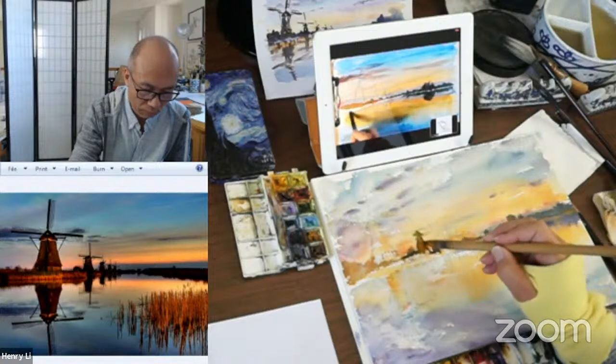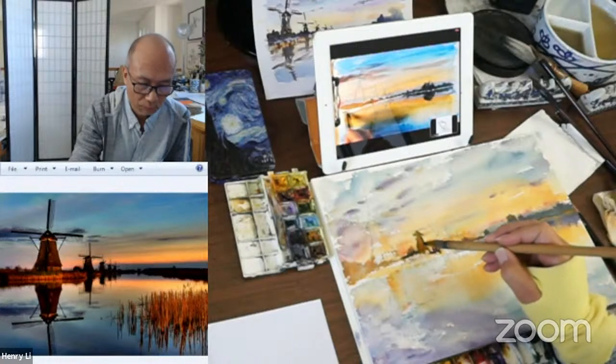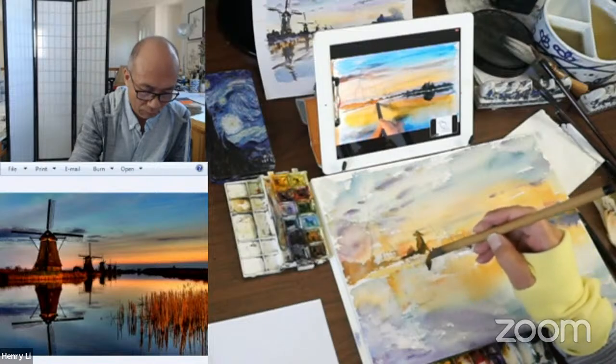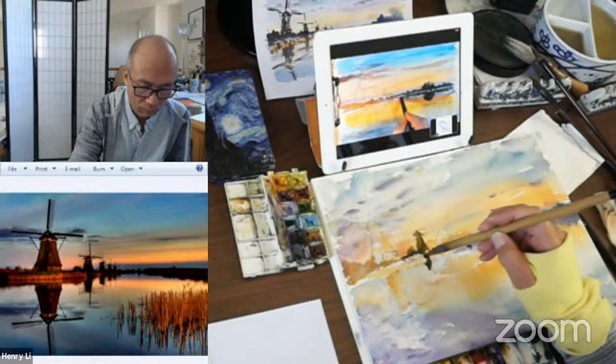Bring that down into the water. I'm going to give myself a little bit of a shoreline. I'm leaving it a little white there. Back here, it kind of doesn't matter. You don't really see it too much, but